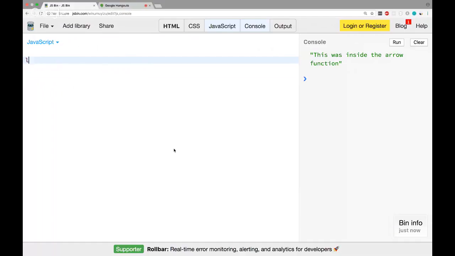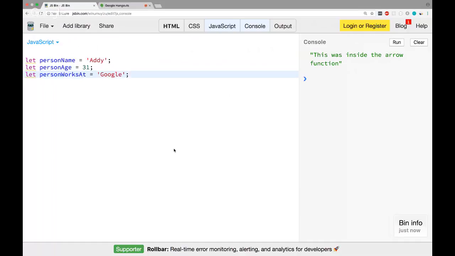Let's say I have a person, and the person has a name. So the way I would define this variable is person name is equal to, let's say, Addy. And let's say this person also has an age. So his age is 31, and this person also works at. So the person works at